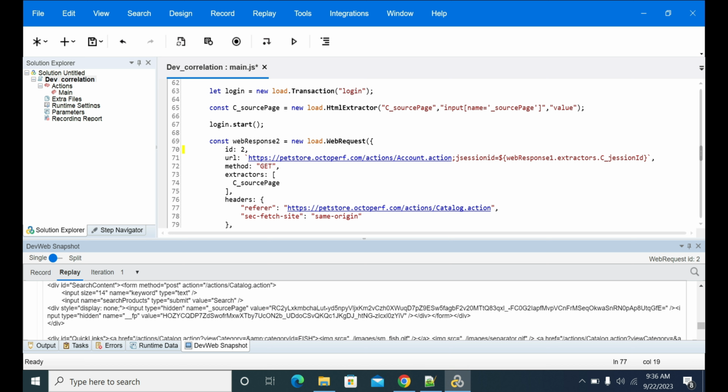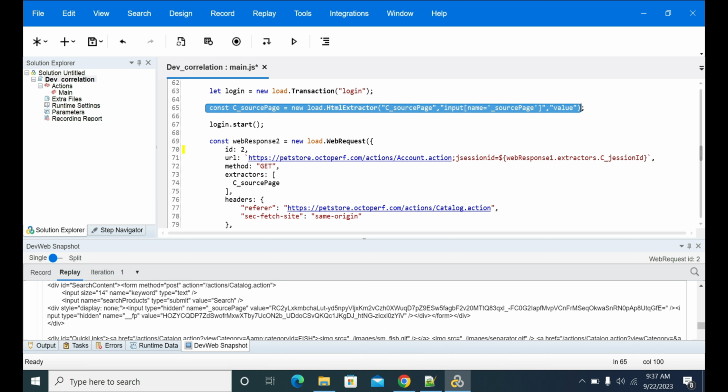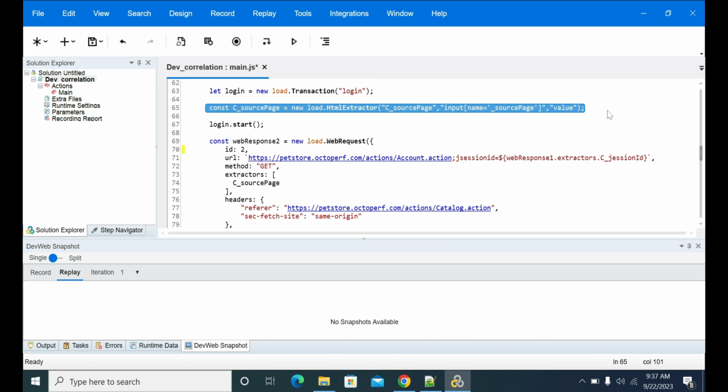So if you want to capture a value in the first one, you need to apply the extractor to the same request. Okay, so you need to add your extractor in the same request. So I'm giving another example here. I'm copying the same thing and